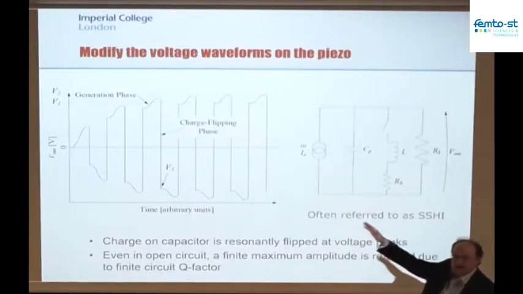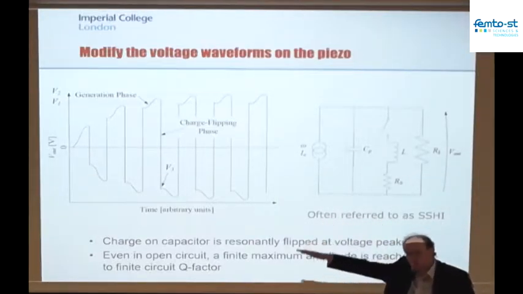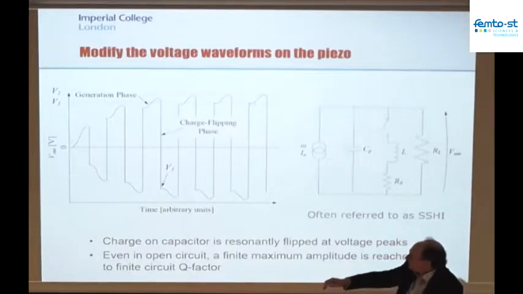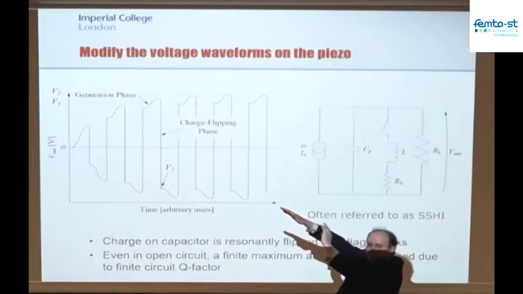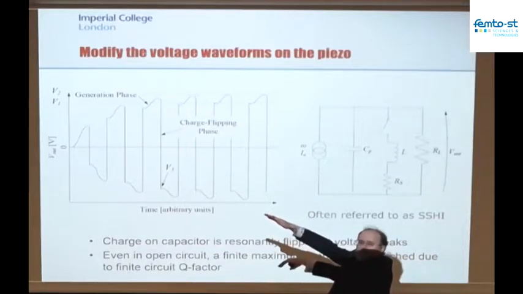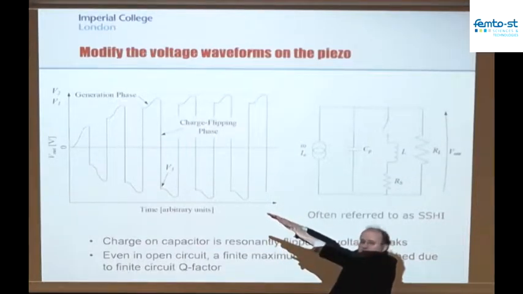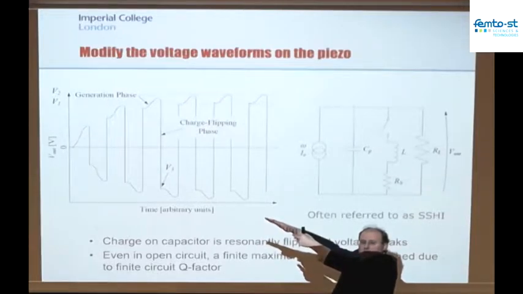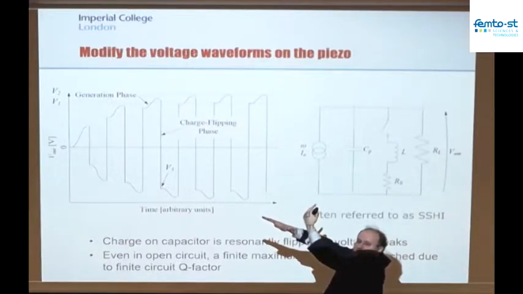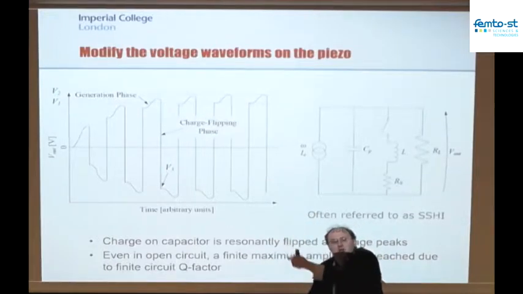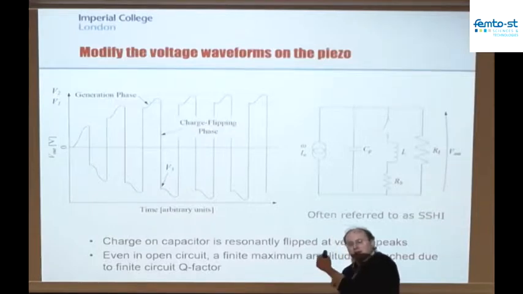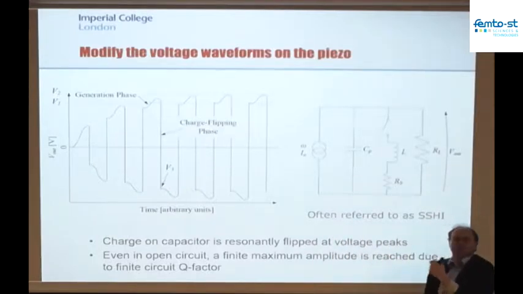I'm able to basically have a higher force. I'm doing work against the mechanical motion because I started here, I displaced the piezo to this point, and the voltage on the piezo was trying to pull it back to the center. But when it got to its extreme, I flipped the charge, so the voltage now is actually trying to push it further in this direction. But now the mechanical motion pushes the beam in this direction, so the force that I see on the system would have been. So I'm now able to do a bigger integral of F dx over the movement of the device